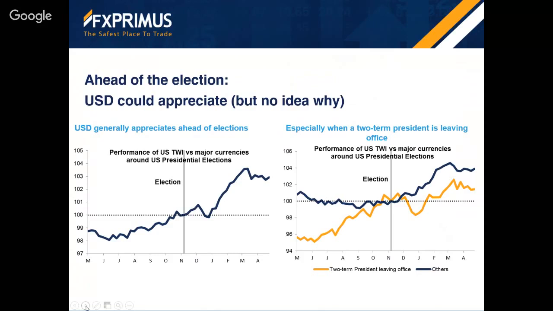Maybe people think a new president is going to somehow come in and have better policies. Maybe this just shows the markets are very hopeful. That's the only thing I could think of. Or again, it could just be random. But this is why, I think, if Trump starts to lose and the Trump risk premium comes out of the dollar, we could see a stronger dollar in the run-up to the election. On the other hand, if it looks like Trump's going to win, then it's the exact opposite.